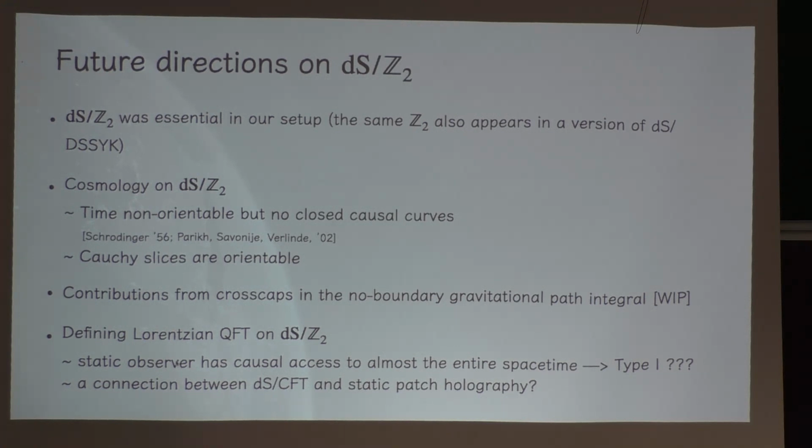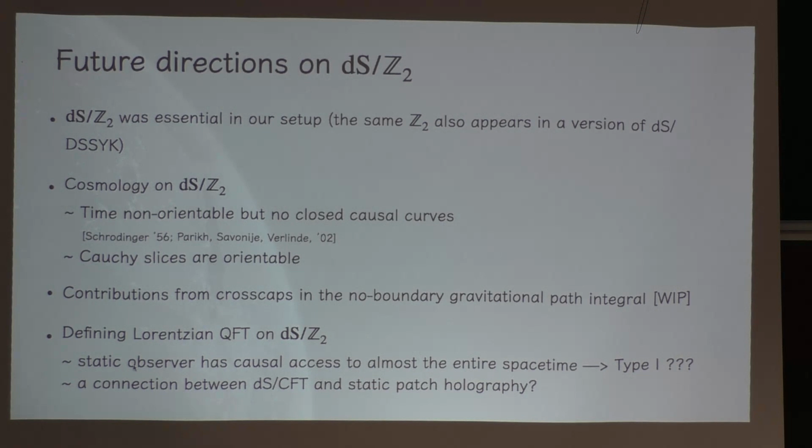But there are some intriguing features of this spacetime. In this spacetime, if you think about a static observer, it has causal access to almost the entire spacetime, which is very different from global de Sitter. So probably that means if you study the algebra associated to this static observer, that could be just a type 1